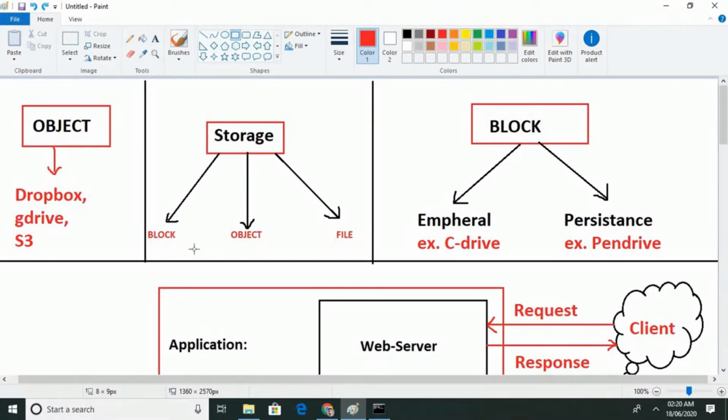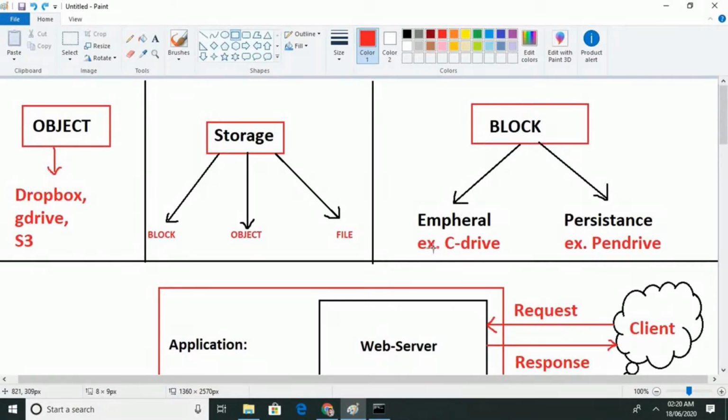For this practical, I'm going to talk about object and block storage, because this will give a clear idea of which services are using which storage. Block storage is divided into 2 parts: ephemeral and persistent. Persistent means permanent and ephemeral means temporary in nature.